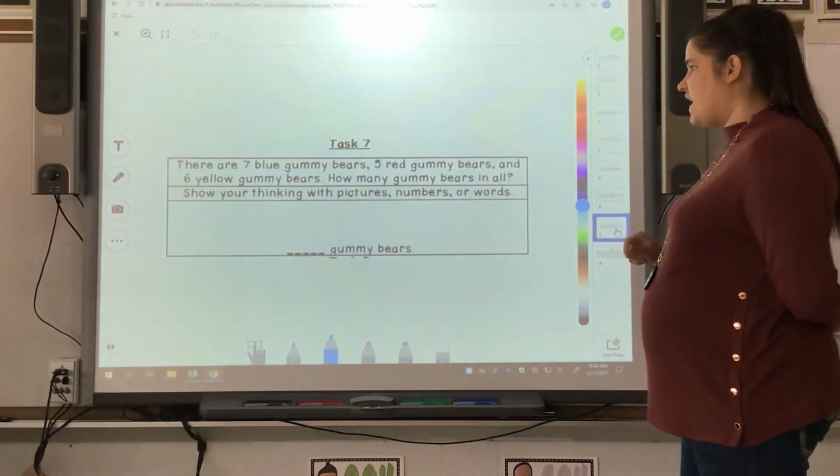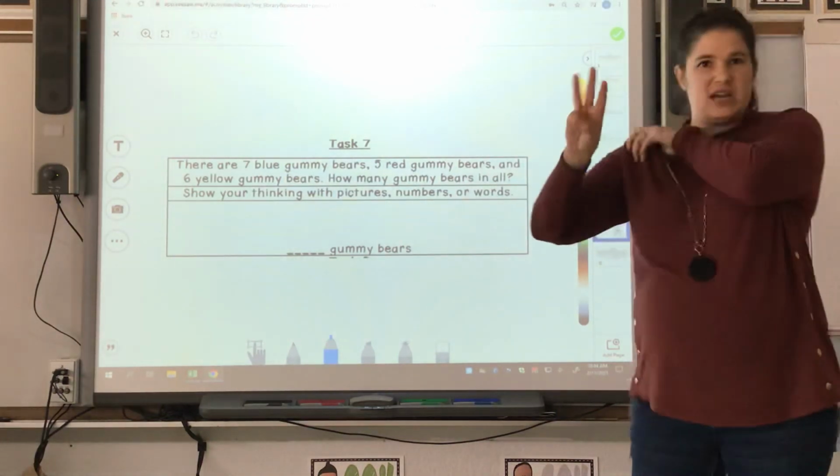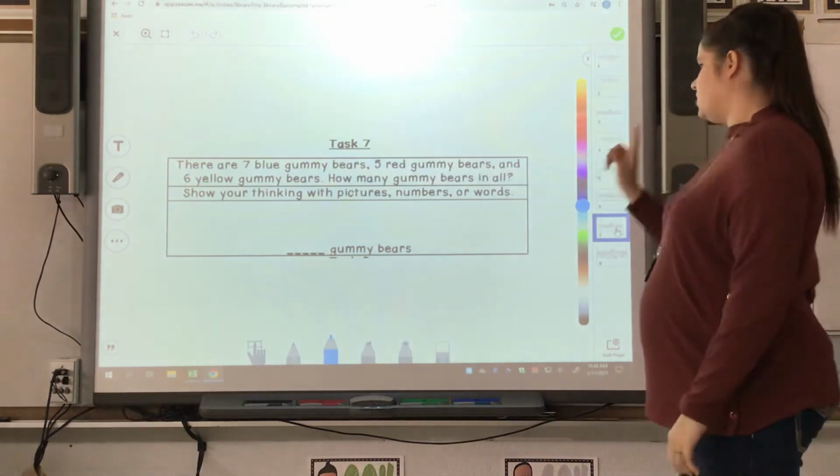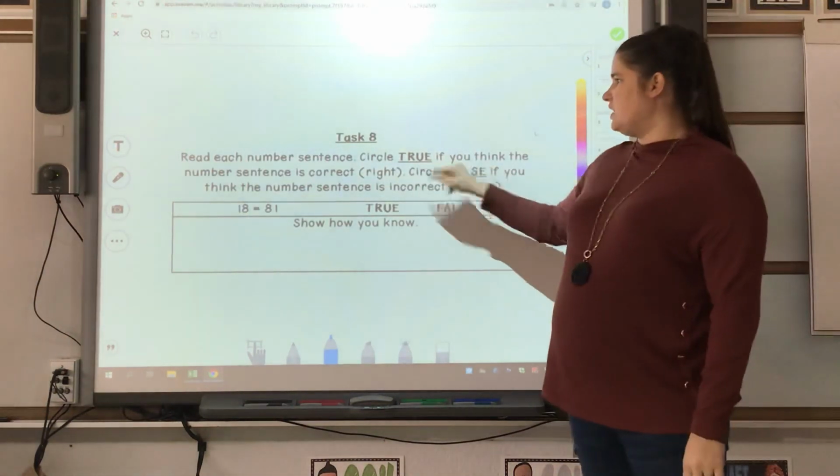7 blue gummy bears, 5 red gummy bears, and 6 yellow gummy bears. How many are there in all? You've got 3 numbers to add together. Draw your picture, write your answer. And last but not least, read the number sentence. Circle